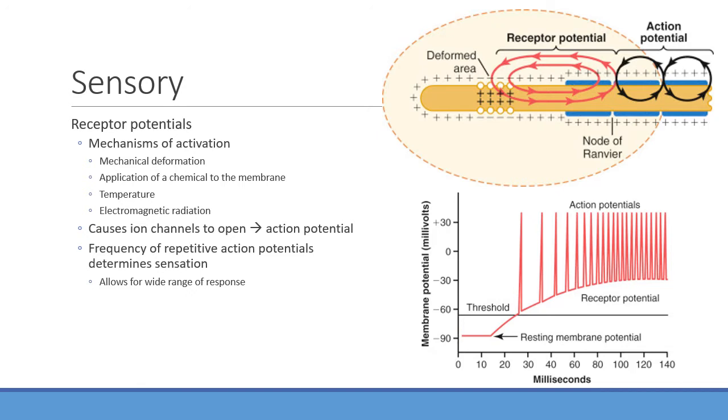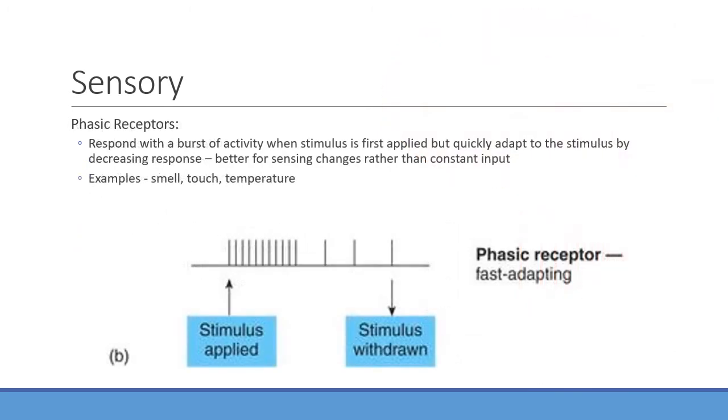But basically, by having lots of neurons that can send these signals, they work along with one another. And depending on how frequently these action potentials are being fired, there's a very wide range of response between very light touch all the way to blistering pain, and everything in between. The graded response is going to be really good for us. Now, two main types of receptors you're going to find here, especially with touch, are phasic receptors. This basically means that when you apply a stimulus, you get a lot of action potentials up front, and then eventually they slow down a little bit. They have an adaptation period where they will still sense changes, but they fire much less frequently than at the very initial point.